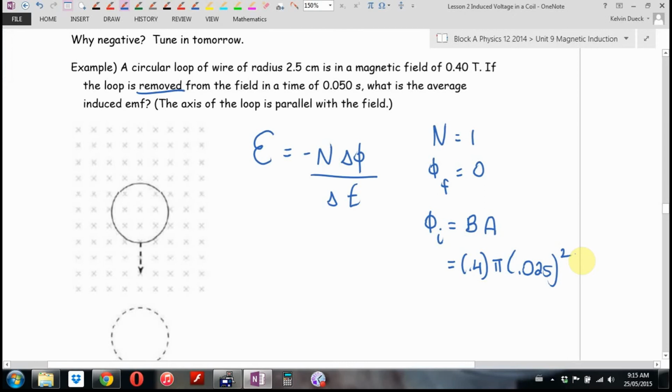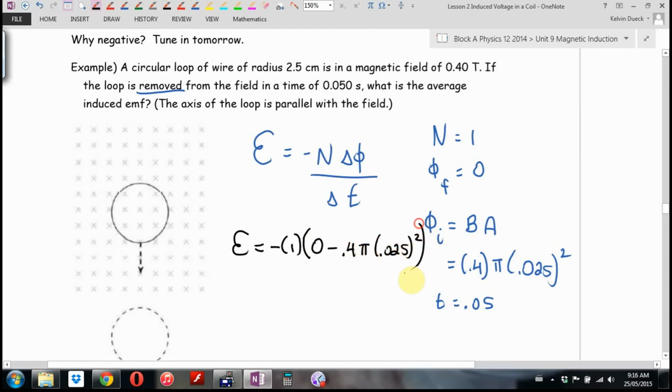Okay? Don't reach for your calculator just yet. Seriously. And what's the time, Carly? 0.0. Okay. You can crunch the numbers separately, or you can just drop this all in. You can say, okay, negative 1. Normally I wouldn't write the 1, but in our notes, Emma, so that I know that I took care of it, we will. The change in flux is final minus 0.4 pi